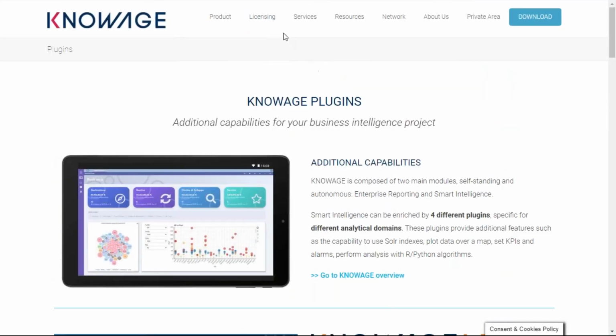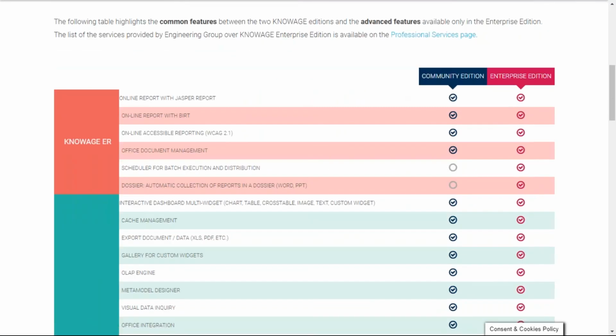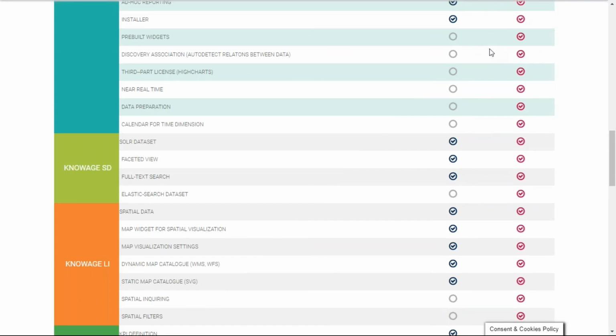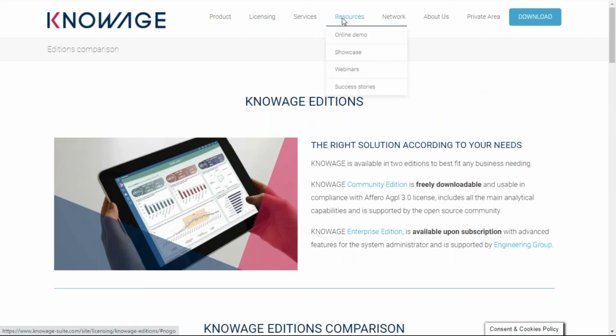In the licensing section, you can visit the edition comparisons. So here you can see what is really the difference between the enterprise and community. And finally, in the resources, you can